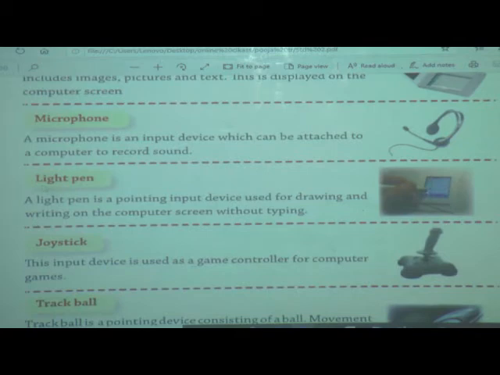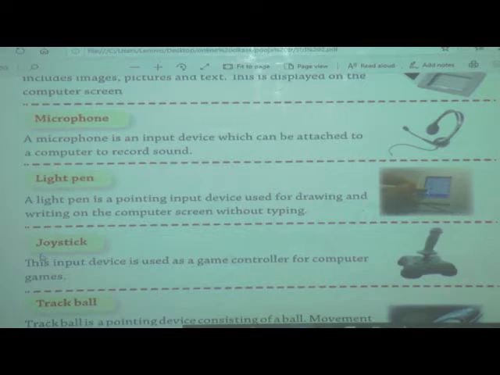Next is a light pen. Light pen is also an input device, and it is a pointing input device. It is used for drawing and writing on the computer screen without typing. If you want to draw or write something directly on the computer, then we use the light pen. Next is a joystick.